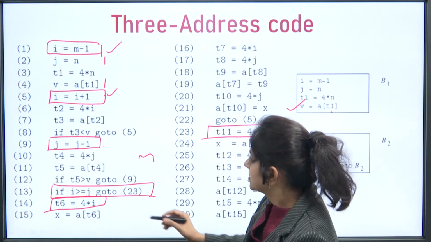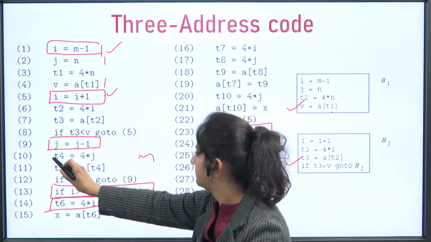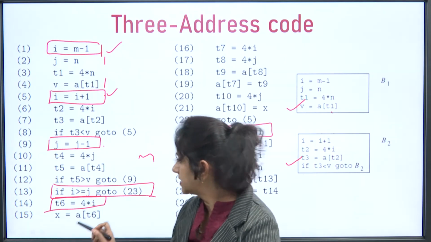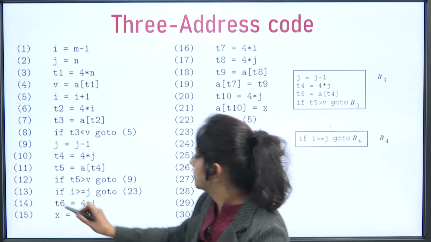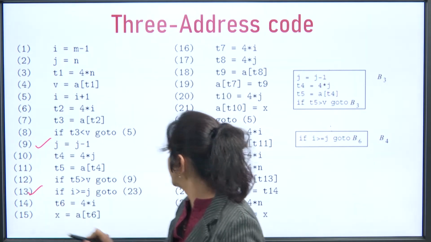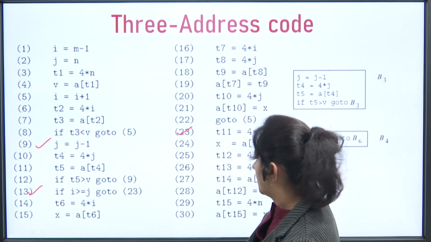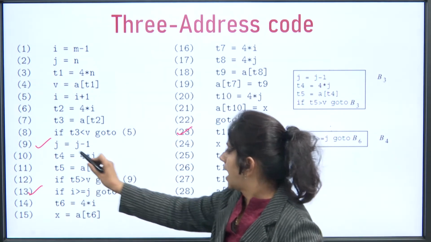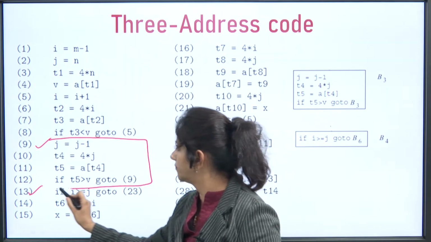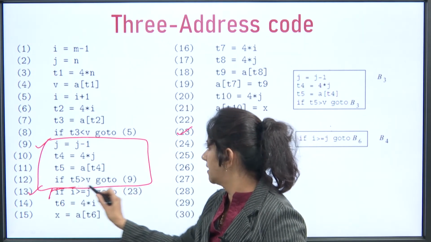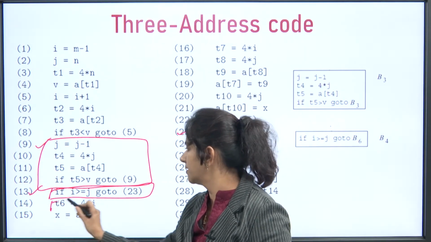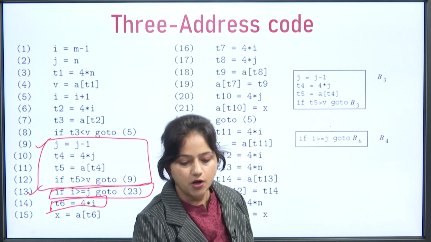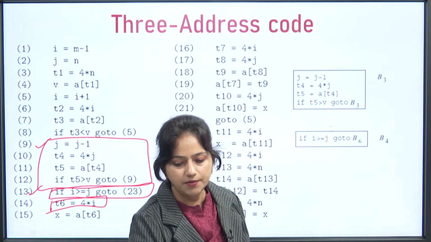Now, next leader, we can say this is at B1, B2. Now, this will start from 9, right, 9 to 12 we can say. So, this is our leader and this is again a leader and this is again a leader. Now, block 3 will have j minus 1 up to here, so this will be block 3. Now, this is a leader having only one statement, because after this statement there is itself a leader. So, this will be block 4. Now, next is to find block 5 and block 6.